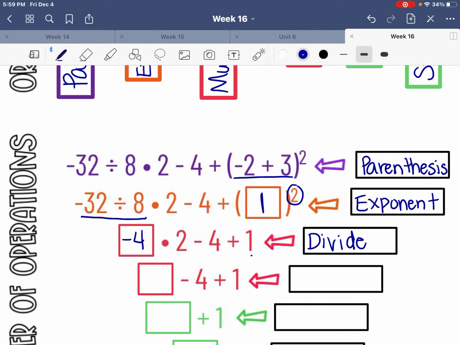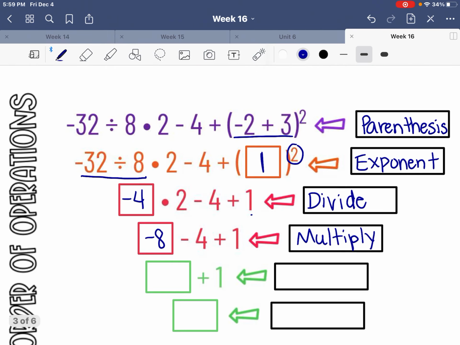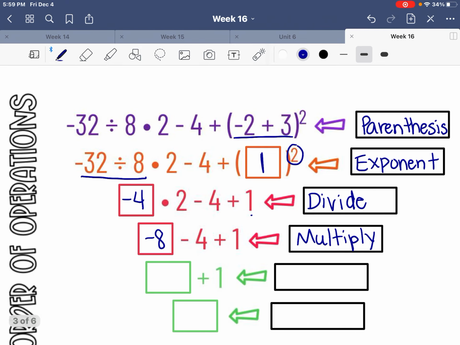Okay, our next step was going to be multiplication, because we have negative 4 times 2. What is negative 4 times 2? Negative 8, you say? That's absolutely right. Now, the only things we have left are addition and subtraction, and we'll do those in order from left to right. We'll start with negative 8 minus 4. Negative 8, well, we'll go ahead and write subtraction here. Negative 8 minus 4